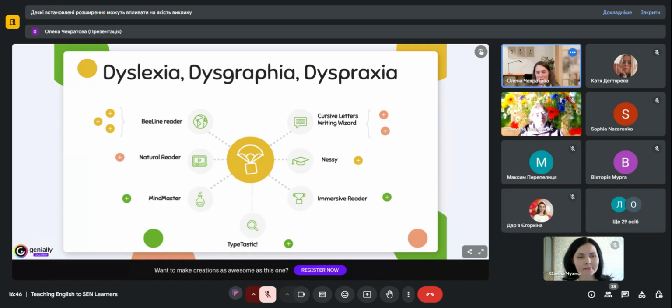You can definitely use some other tools, but these are said to be the most helpful ones if you have to deal with these particular needs, and if you are ready and prepared to adapt your teaching materials and make your educational process more suitable for the learners with some specific needs. And I guess that is the end of our